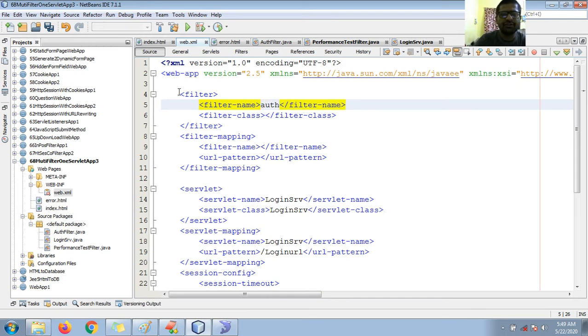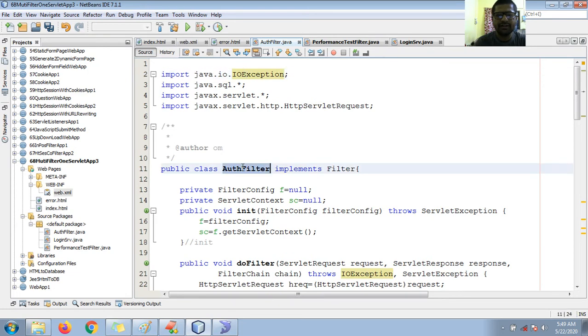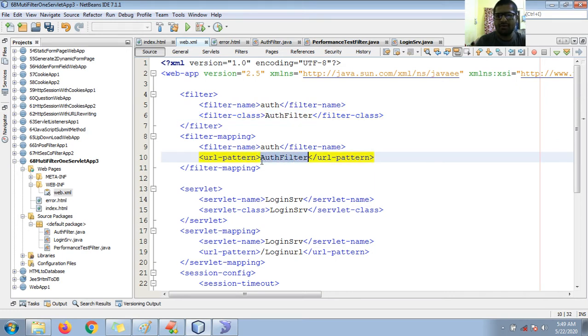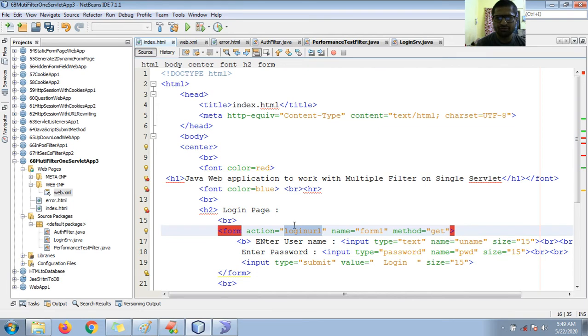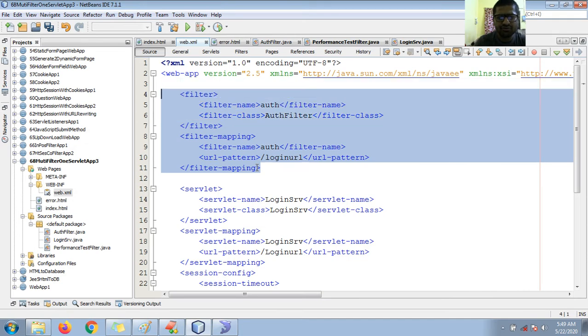authentication. So here also auth, and where is my authentication filter? Here is my authentication filter, page up. So authentication filter, control C, and go to web.xml, authentication filter. Here is authentication filter, and change the URL pattern to here slash. We have to use login URL. So this URL, copy, and where is my web.xml file? Here is web.xml file. Fine guys, so control C,